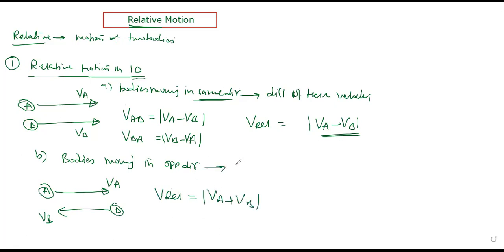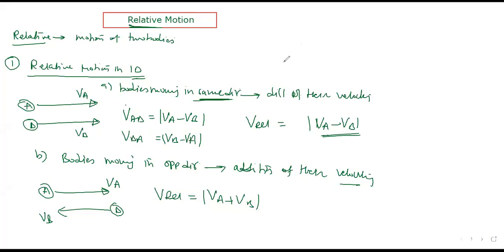So in this case, it is the addition of the individual velocities. The relative velocity becomes the addition of them. So when two bodies are crossing each other, moving in opposite directions, the relative velocity increases, correct? So let's see some basic examples on this that have been asked in our exam, and they are very simple.